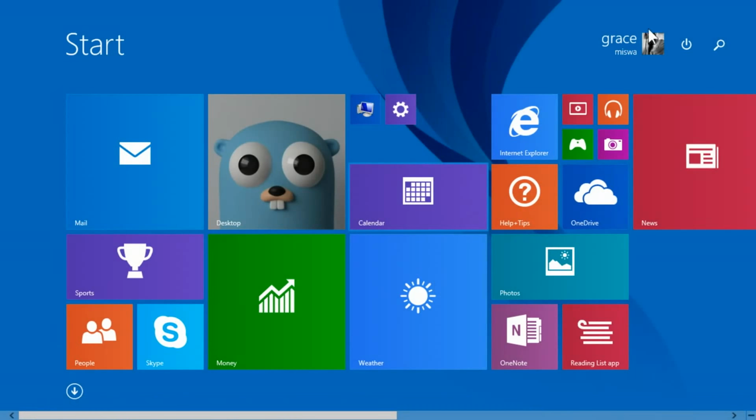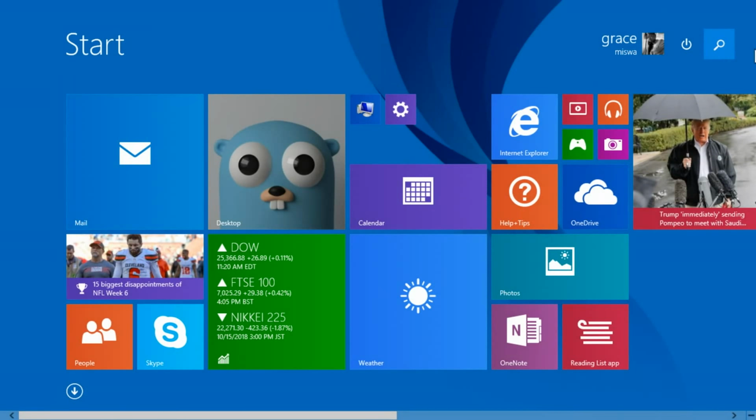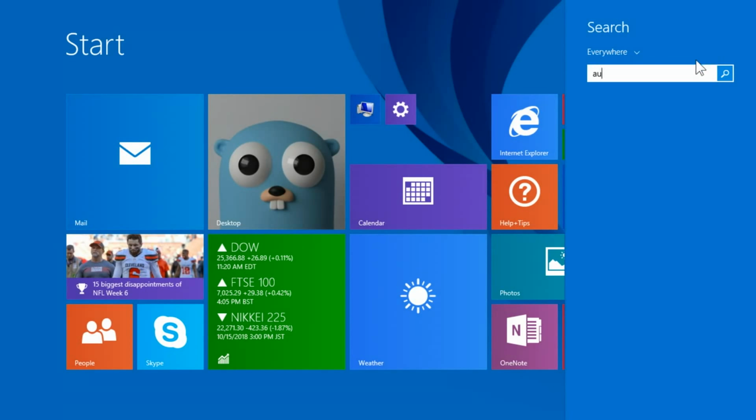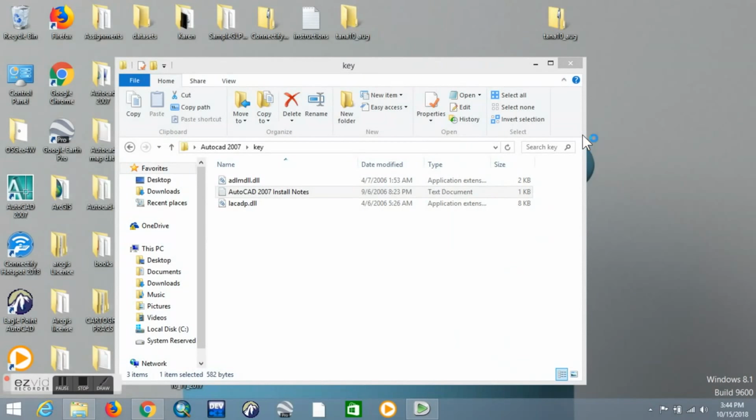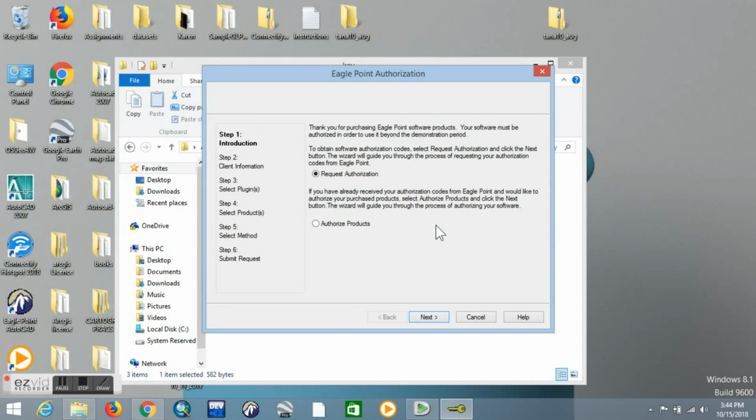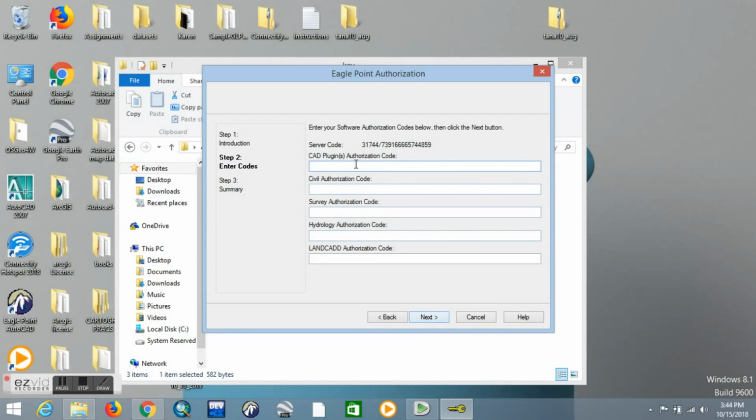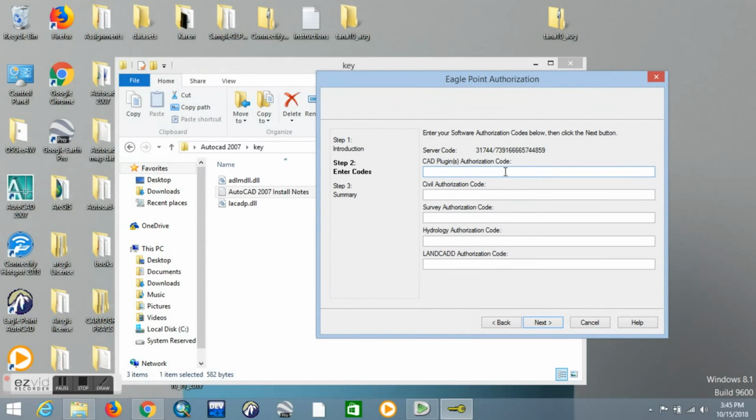We need to authorize the software, guys. So just search for authorize software, click on it, and then we are going to authorize the products. So next, so here we'll need to input some,